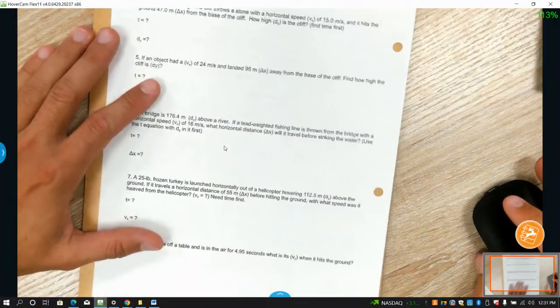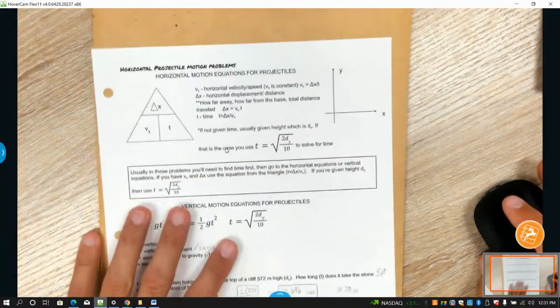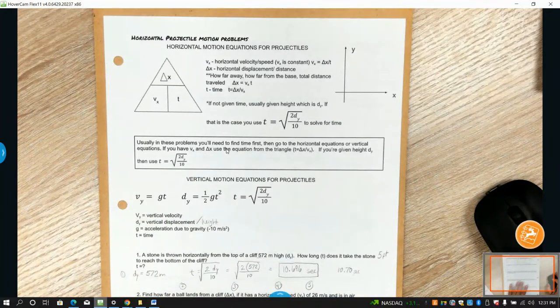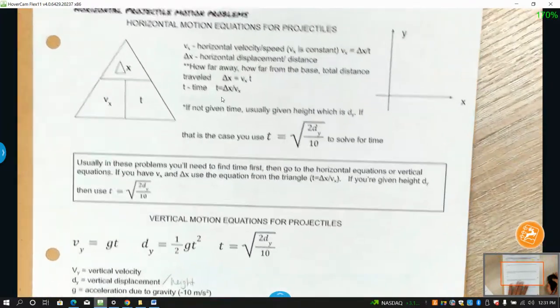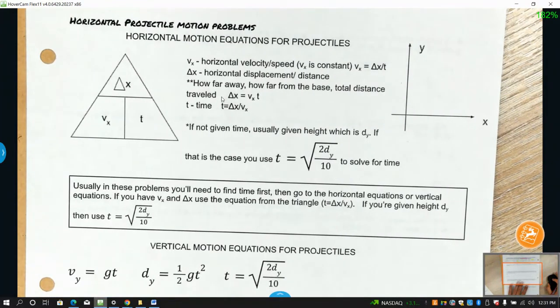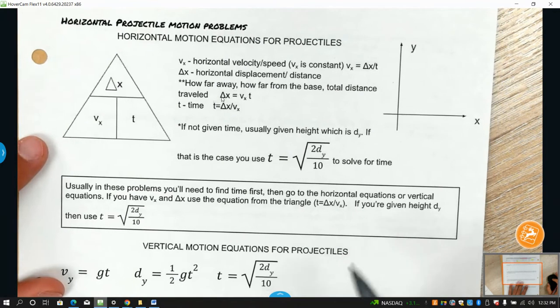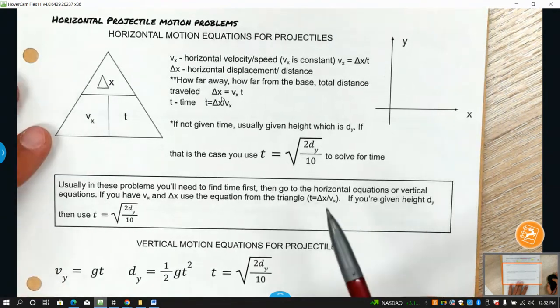Okay, so we are continuing on from yesterday with just our horizontally launched projectile motion problems. So there is no angle, so there is no initial velocity in the y direction, only in the x. So you have to be comfortable reading through some of the problems and identifying what is given and what's not given. Now, again, this was an introduction, so I have everything kind of labeled for you, but I will kind of slowly talk about how you would pick out what pieces of information you have based on how it's worded